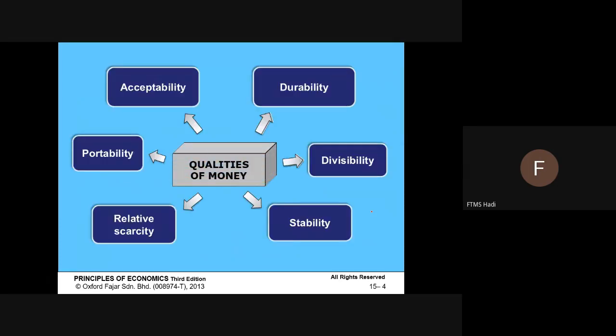Qualities of money. Why is money considered the highest quality among all assets in the accounting world right now? People say that money is king. So what are the qualities that money delivers in the perception of people? The first one is acceptability. Money is acceptable worldwide. None of you would say that money is not important; money is very, very important. The second one, durability. That means money can be used for a long time, as long as you live.